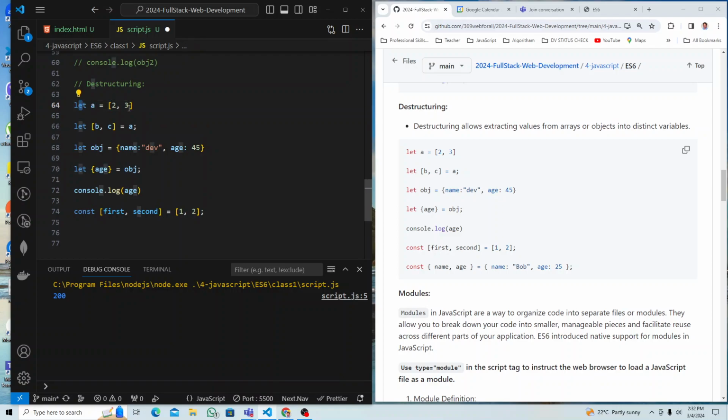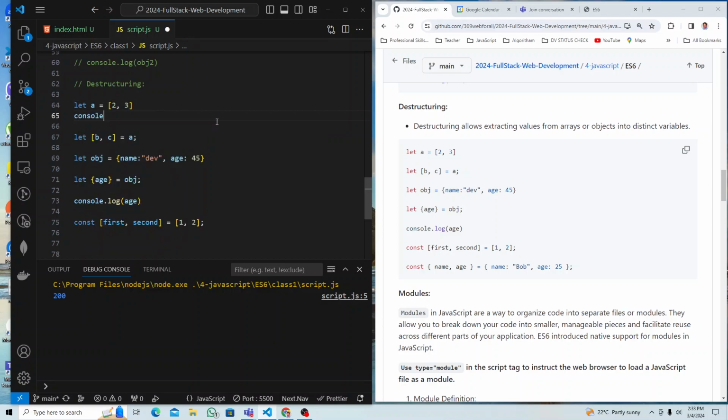So let a equal to, this is the array, correct? Now if I need to read this value, the index 0, index 1, how we used to do: console.log array square bracket 0 index. Okay, that was the first value, and same thing you can do for the 1 index. But if you can destructure it,